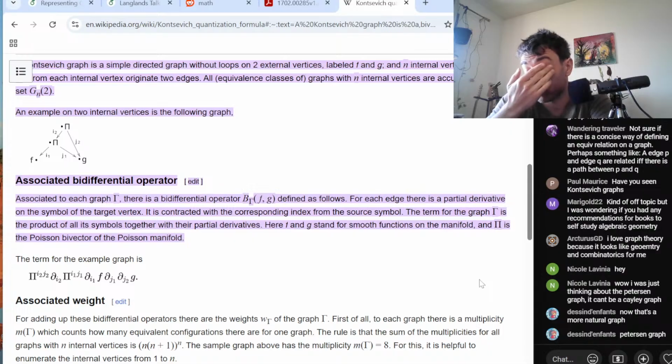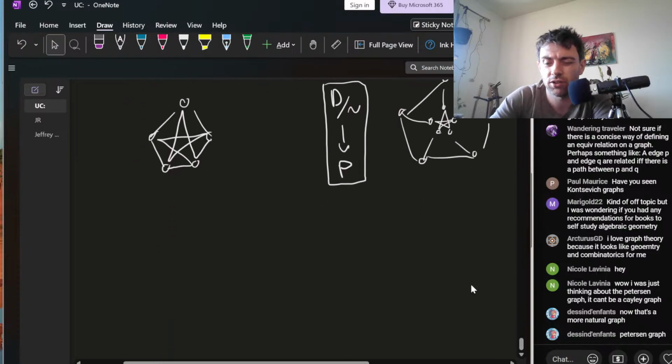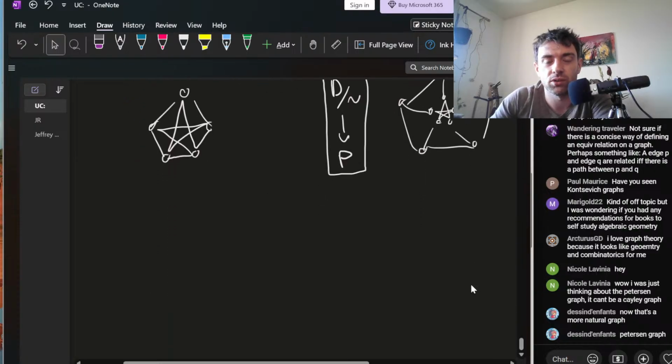Petersen graph. Yeah, the Petersen graph is very natural. There's so many cool ways to build it. Here's a net. It's also a special class of graphs. So here's what you do. You look at the